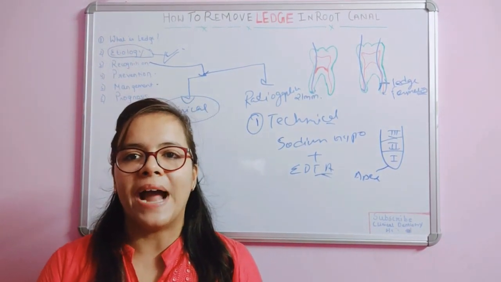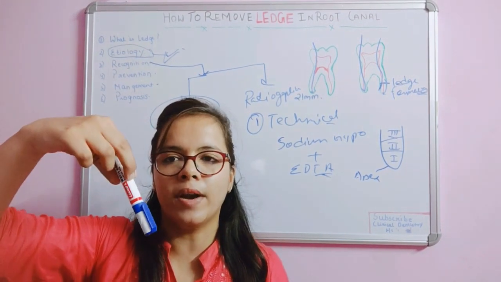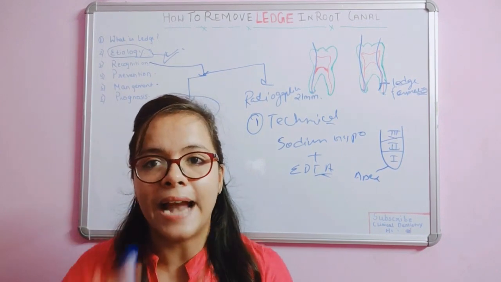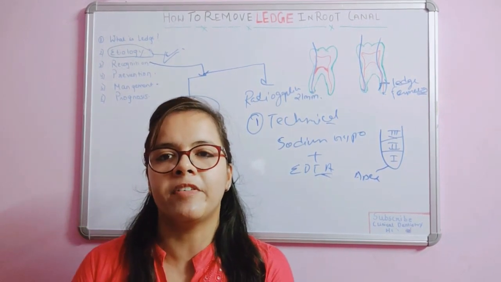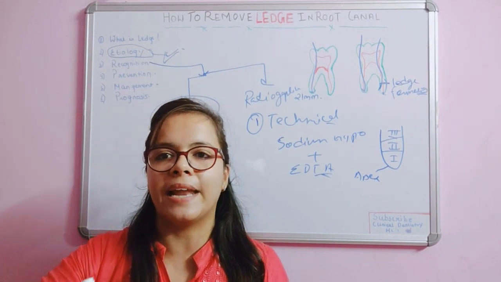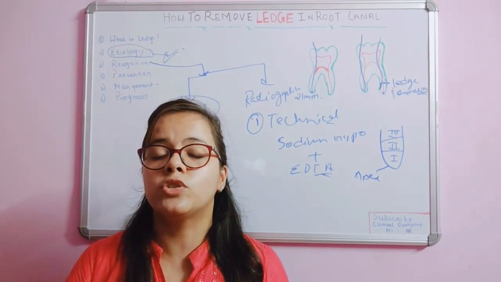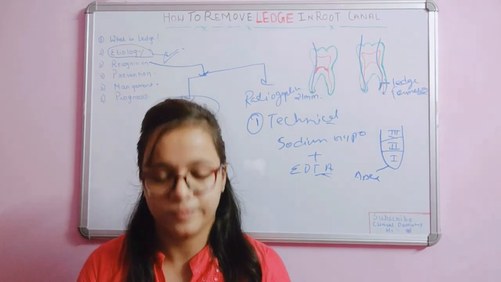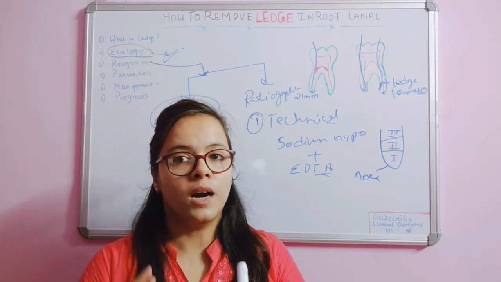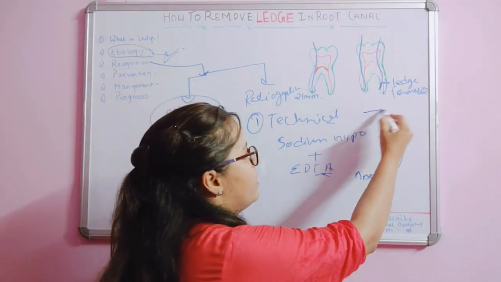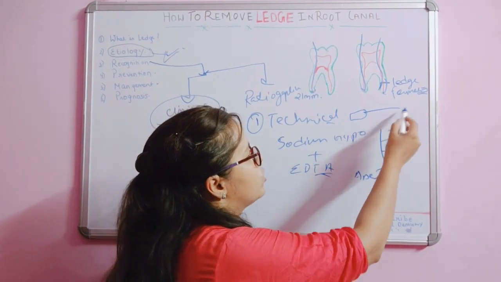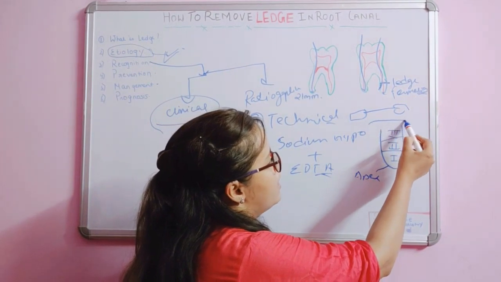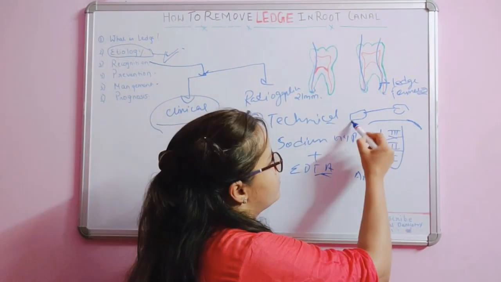What if you find that your file is getting engaged and you are not able to rotate it and do the biomechanical preparation? Just at that time only just shift to the shorter number file so that you can easily prepare the canal and it does not bind. If it binds, it will definitely lead you to the ledge formation and you will be in a trouble. You should always use a pre-curve file. Like we have a straight file over here, so you just have to take a gauze piece, put your hand over here and curve the file. So instead of this, a 2 to 3 mm apical curvature will be seen in the file.